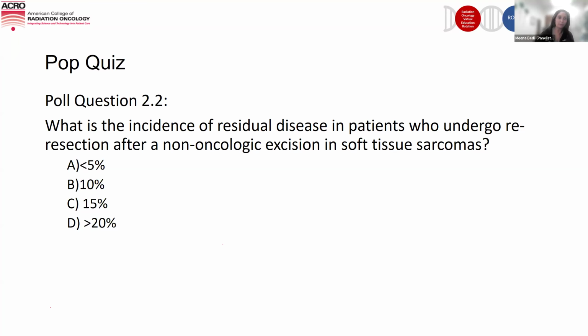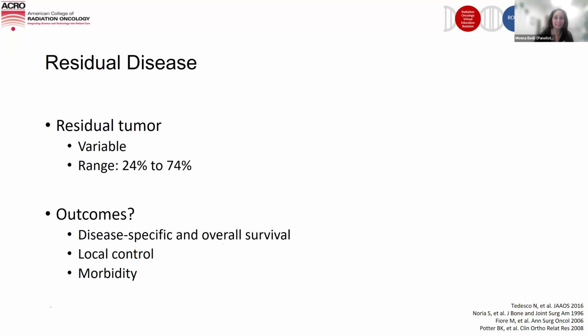Good. Yeah, again, an array of answers, but next slide. If you look at the data, over 20% of non-oncologic resection soft tissue sarcomas